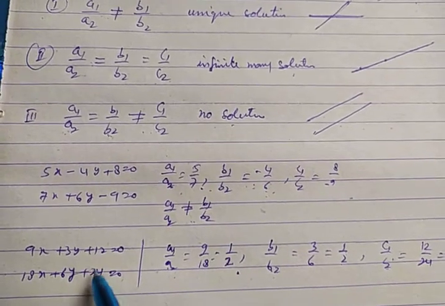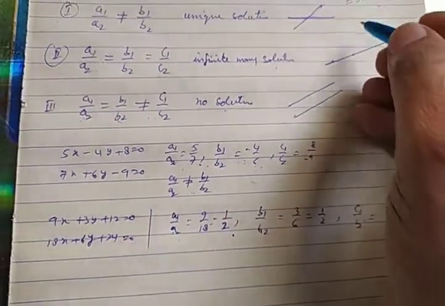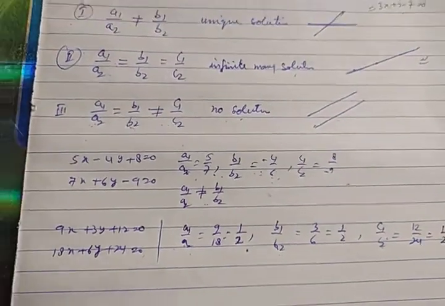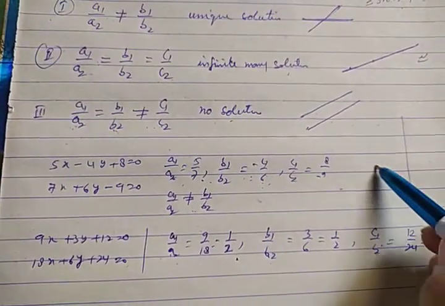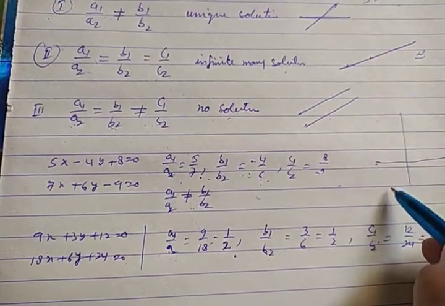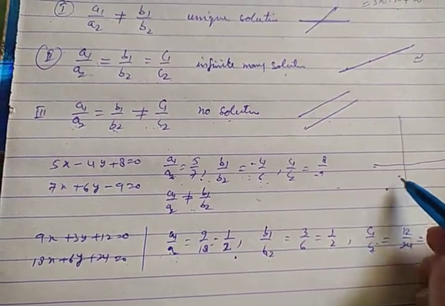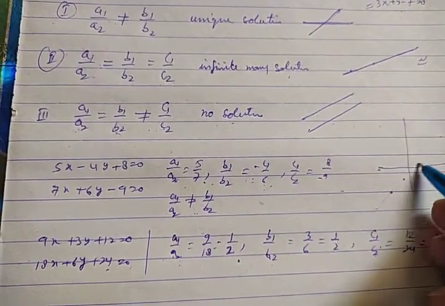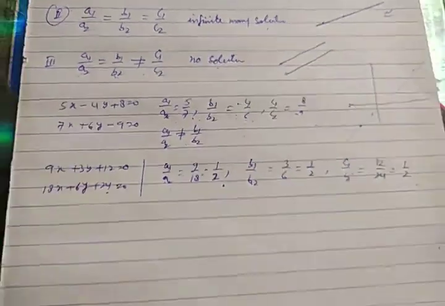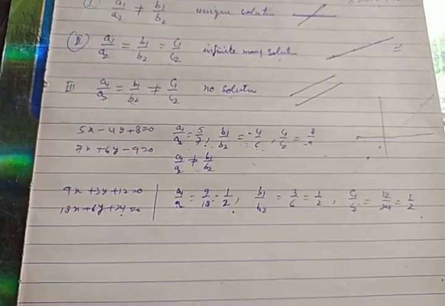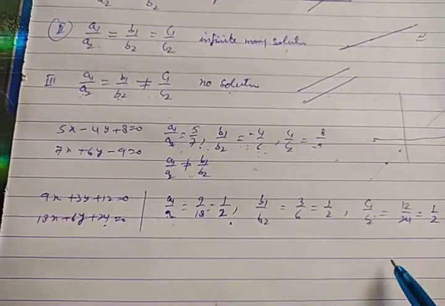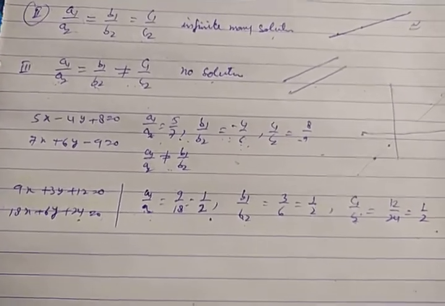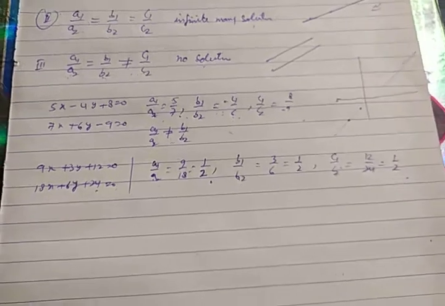When you draw these lines, the line would be like this. Points may be different on the graph paper. Suppose you get two points here and here for one line, and for the next line you get points here and here. It doesn't matter, when you draw the lines, they will coincide with each other. This is the second case. And if it matches the third, there is no solution, and the lines would be parallel. Wherever they are drawn on the graph paper, the lines would be parallel.